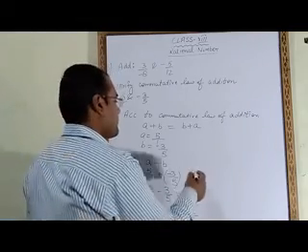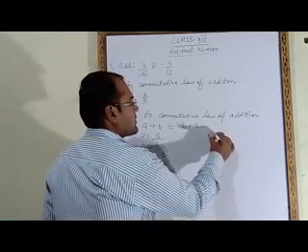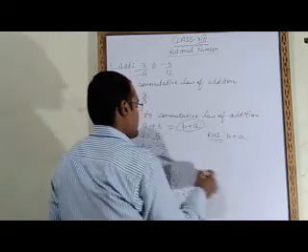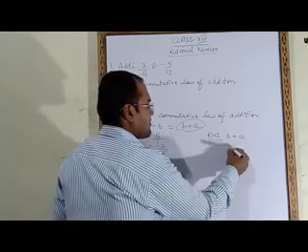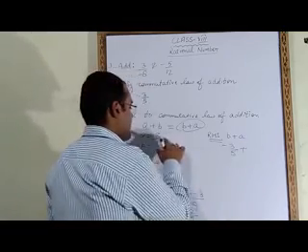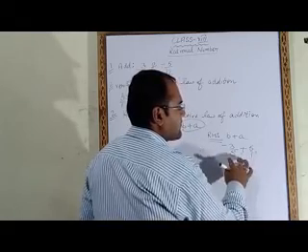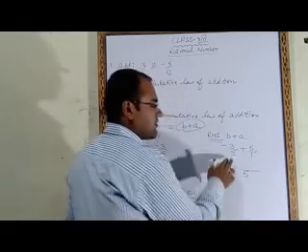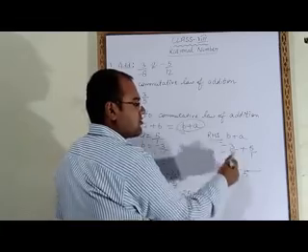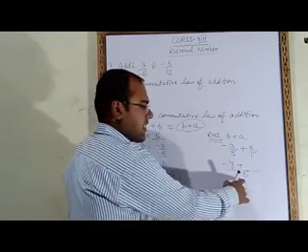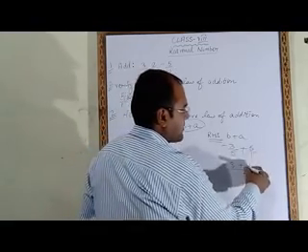Now we will solve the right hand side. What is the right hand side here? The right hand side is B plus A. The B value is minus 3 upon 5 plus the A value, 5 upon 1. Now we will find the LCM here. The LCM of 5 and 1 will be 5. 5 ones are 5, 1 into minus 3 will be minus 3, plus 1 five is 5, and 5 into 5 will be 25.